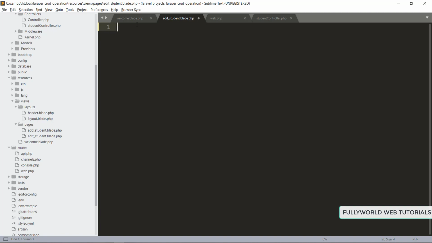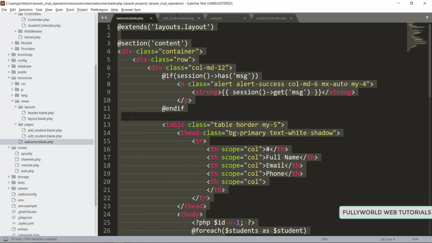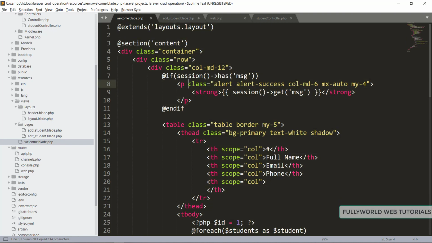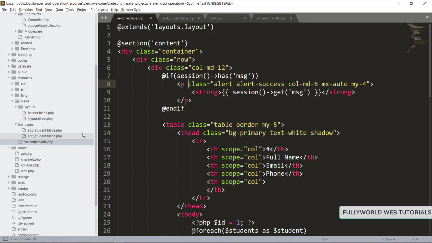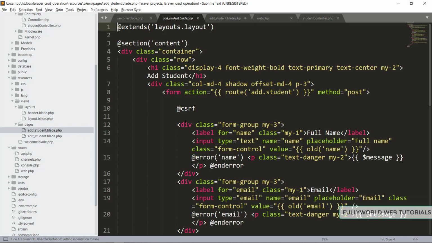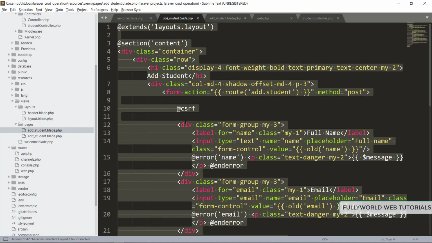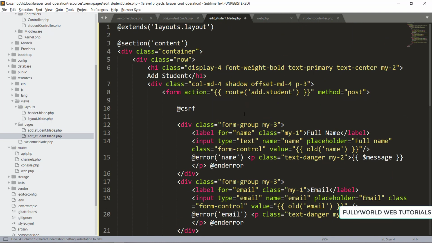First of all we have to acquire our same thing. So I'm going to copy all of this, because our edit student page will act the same as our add page. That's why I'm going to copy our add page only, because everything will be the same. I'm going to copy this, and after that paste it here in the edit student. But here we are going to change our route also, which I will tell you further.